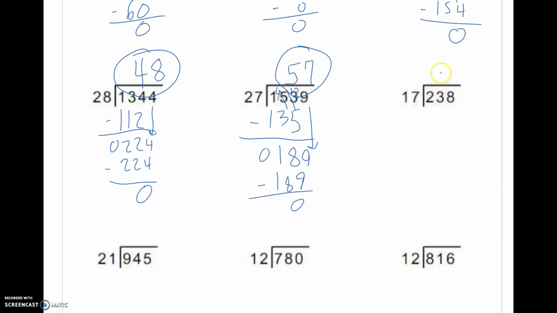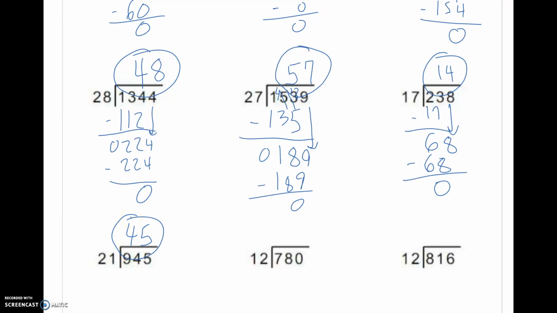So 17 goes into 23 one time. 6 left over, bring down the 8. Using my calculator, 68 divided by 17 gives me 4 times. Remainder of 0. Okay. And I'll just write the answers for these last ones really quick. So 45 is your answer. 65. And our last problem here, 68. Okay,